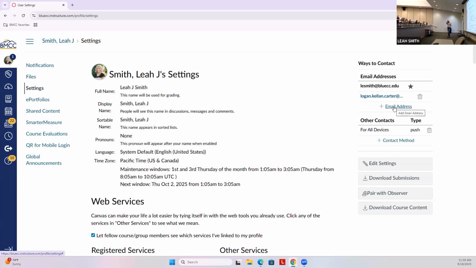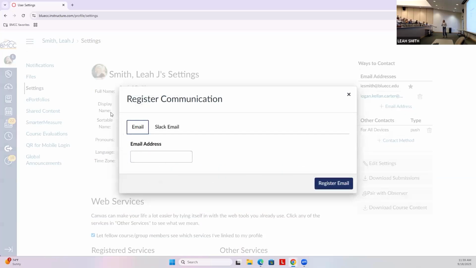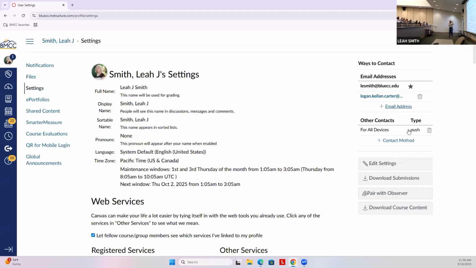If you add an email address, if you have a Gmail, an iCloud, or whatever other type of email you have, you just add that in there. Now it's going to go to that email as well. So you're double covering your bases so that you can get as many notification possibilities as you can. That's a real simple thing to do. Just go up to your account, go to settings, and then on the right-hand side, you used to be able to add a text message.